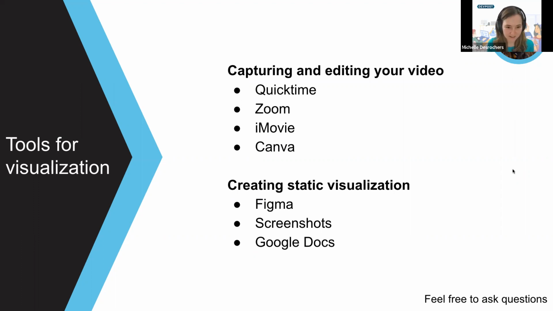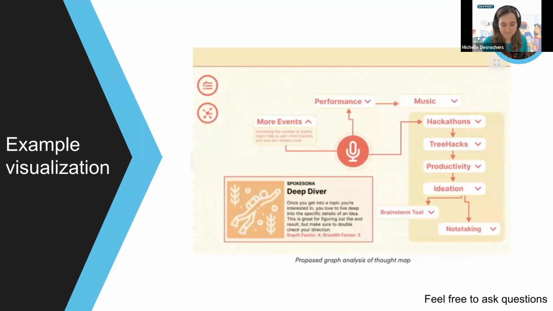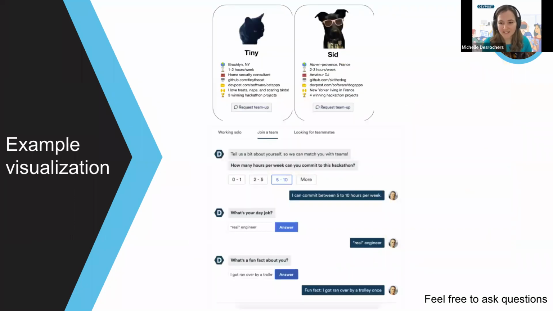Also Google Docs. Google Docs is obviously free. They have a drawing feature where you can do little presentations that I think is on the next slide as an example. So you could draw this. I don't think it was drawn on Google Docs, but putting circles together, little icons, drag and drop, little arrows, just showing the judges really quickly what the flow is, or what you were thinking when you came up with your idea. Yeah, Canva, I think you can have videos on there.